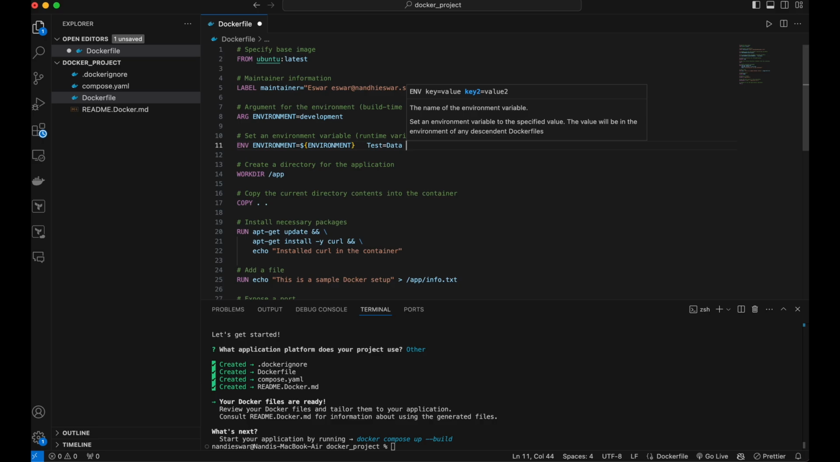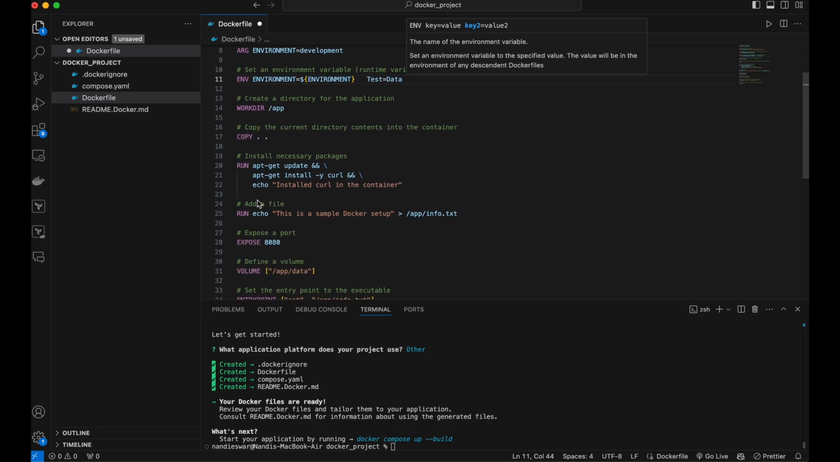The WORKDIR instruction creates the working directory for your application inside the container. For example, you can create the directory /app in this example, and if you prefer a different name, you can specify that as well. This is the directory where we will copy files and execute the commands. COPY is the instruction used to copy files from the host into the image's working directory. For instance, you can copy all the files in the current directory to /app in the container,